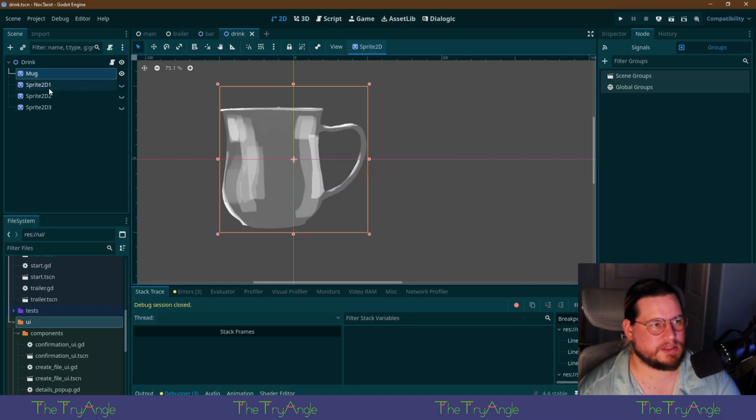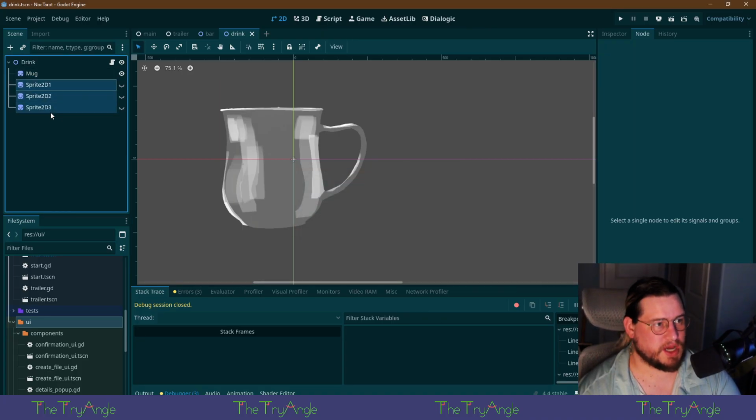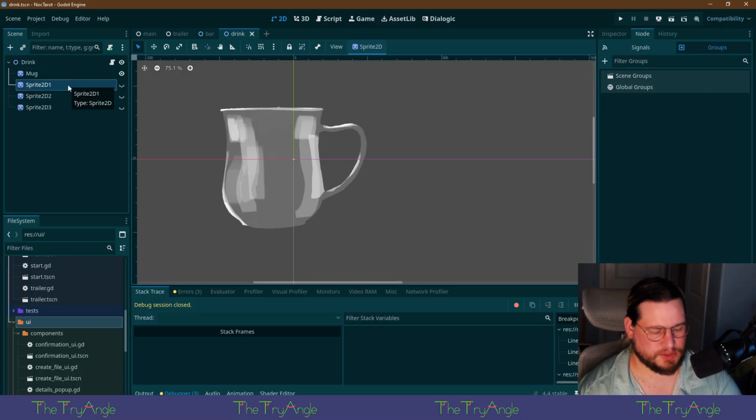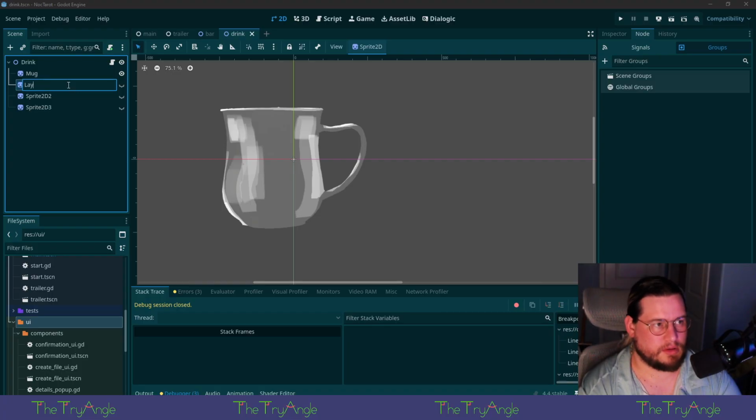Tell you what, instead of having a group that defines what is not, why don't we have a group that defines what is, so to speak. So this one will be called layer 1. Ingredient 1. Is that how you spell ingredient? I don't know.